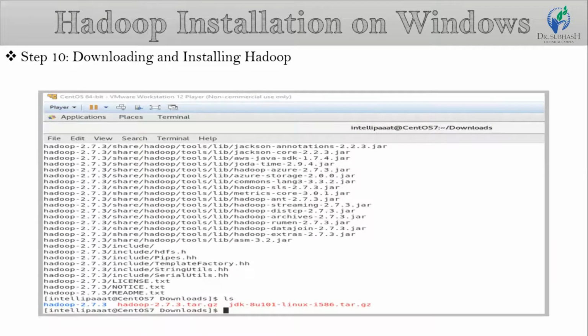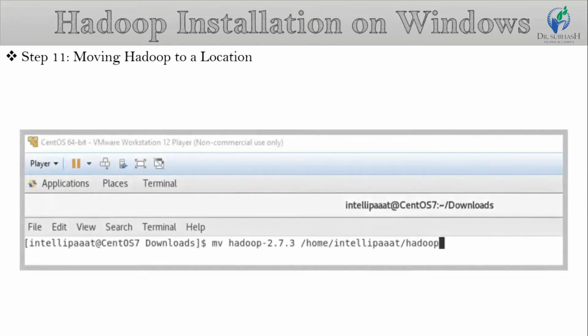So in that you can see the command. Now you will see this window after applying the command to extract the Hadoop file. Step number 11 is moving Hadoop to a location. For that, use this command to move your file to a particular location.